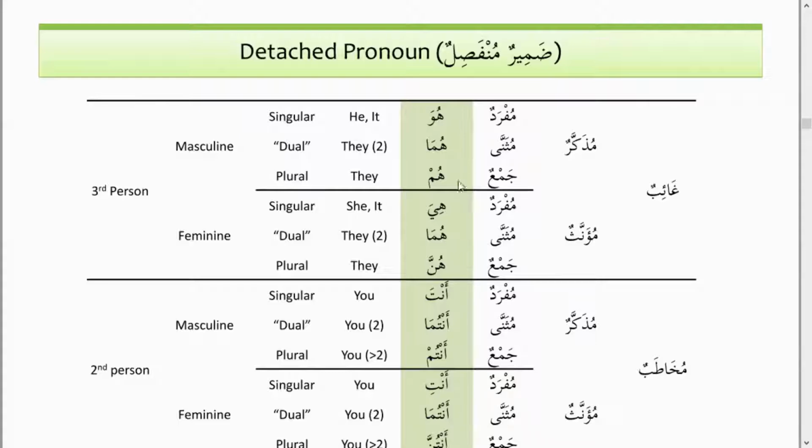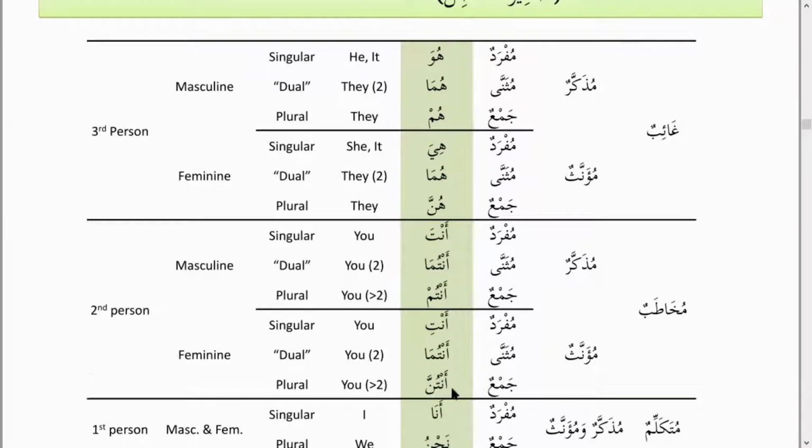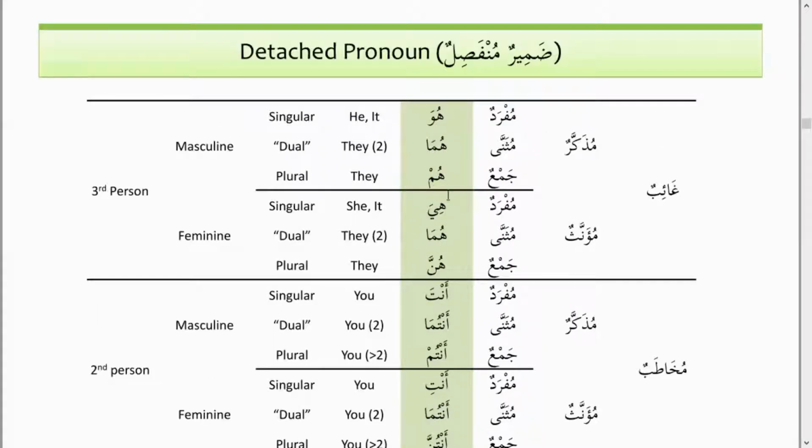So that's how hum is used for, hunna is used for, antum is an antunna, similarly, inshallah. So this is what we are trying to study, because we have started trying to study that these are the pronouns, and this is a song